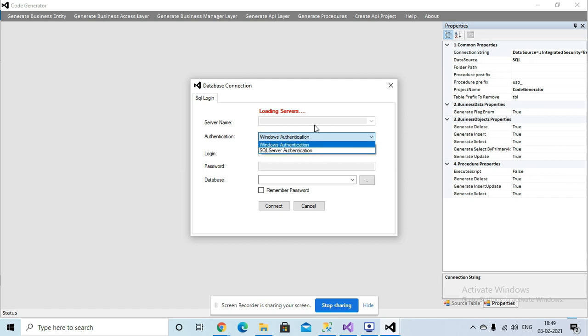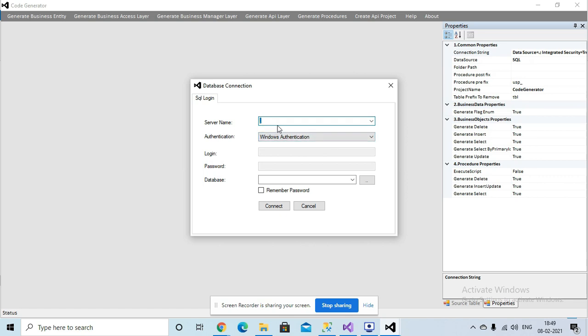Here it connects to the SQL Server and loads the servers, if there is any local server or a server available on the current system. So here I'm just putting the server name as the default dot, and using Windows authentication; you can use SQL Server authentication as well.